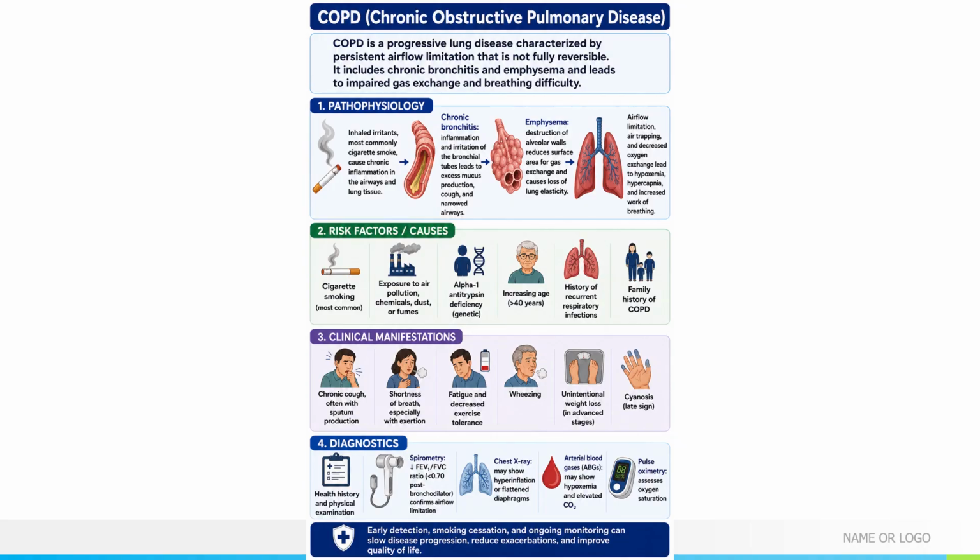Arterial blood gases. These are not routinely obtained for every patient with stable COPD, but become very important during moderate to severe exacerbations or when respiratory failure is suspected. ABGs tell us three important things: how well oxygen is moving into the blood, so that's PaO2, how well carbon dioxide is being removed, so PaCO2, and whether the body's acid-base balance is normal, so the pH and the HCO3,